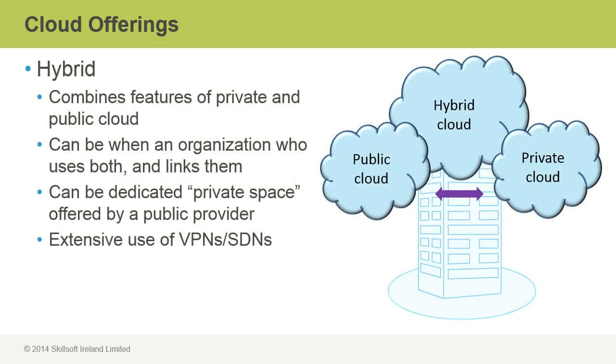So what many organizations are doing is having what's called a hybrid cloud. This combines the features of the private and the public cloud and can in fact have them interconnected with each other. So you may have a private space that's offered by a public provider. So you could go to one of the large cloud providers and say, I want this dedicated area. I want you to manage it for me, but I don't want anybody else's information stored on my rack or my physical server. I want to have these very definite walls, both in a contractual and technical sense, between me and everyone else. And I want to connect that back to my on-premises solution with VPNs or software-defined networking or